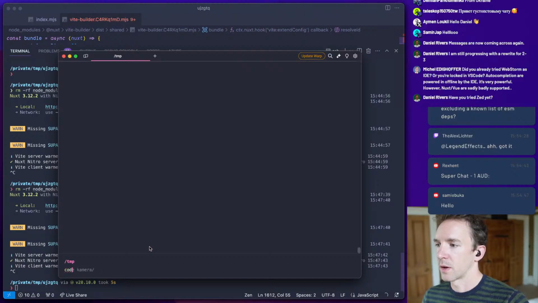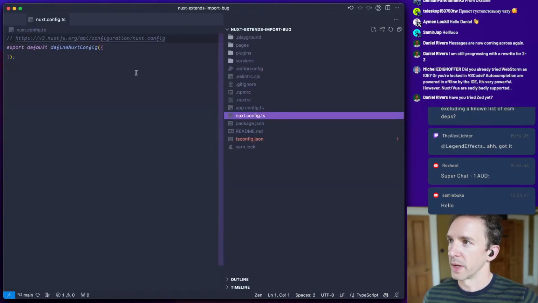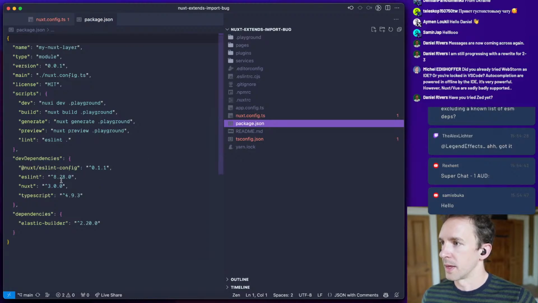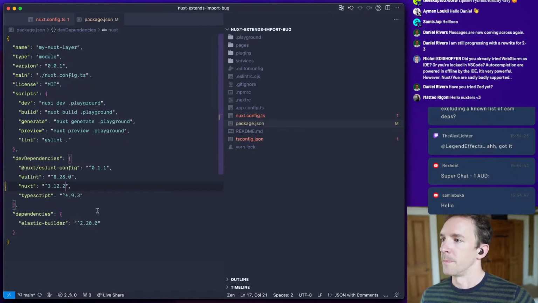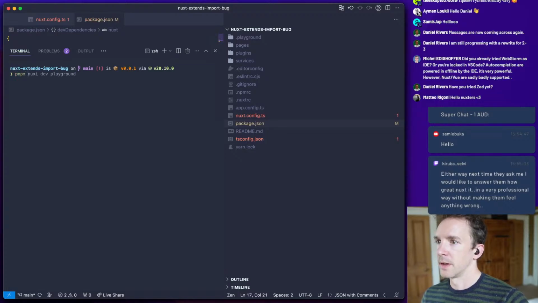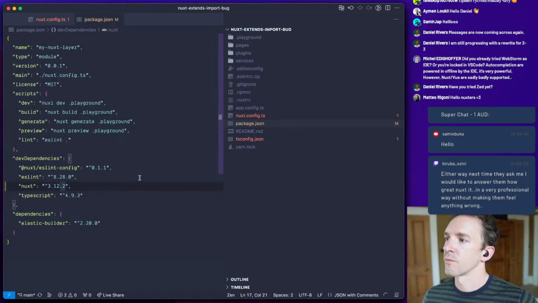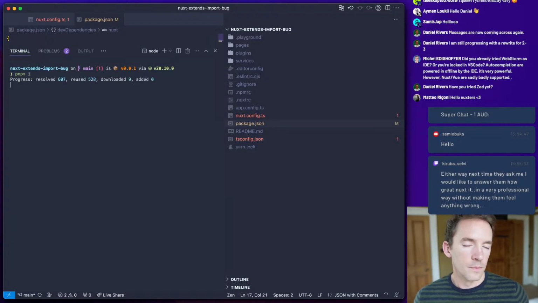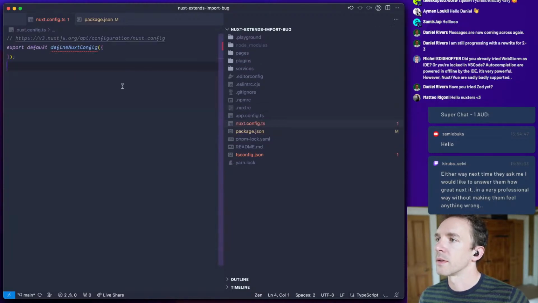Okay, so the Nuxt extends import bug. Let's just confirm that we can reproduce this with the current version of Nuxt, and install the dependencies. Do we have a Nuxt config?